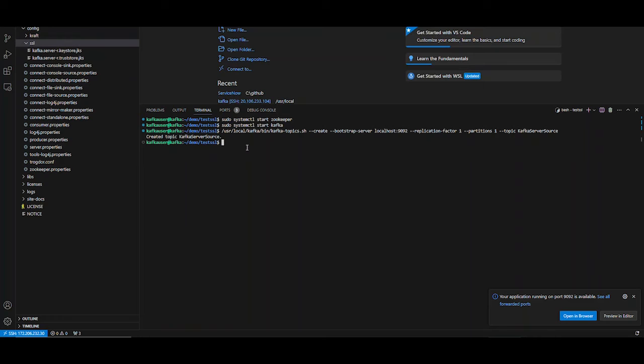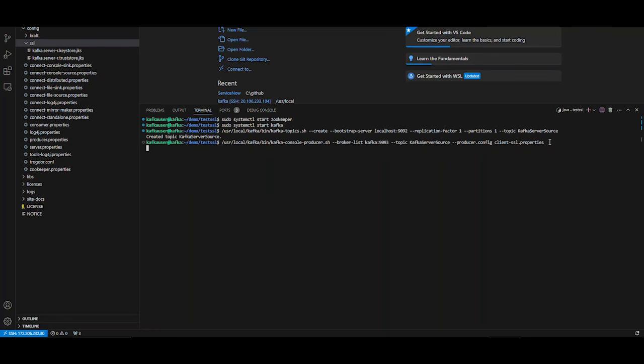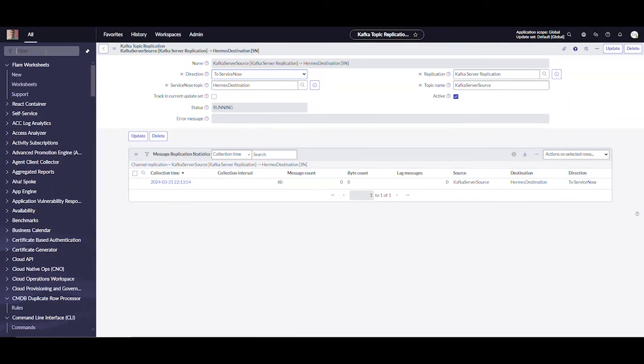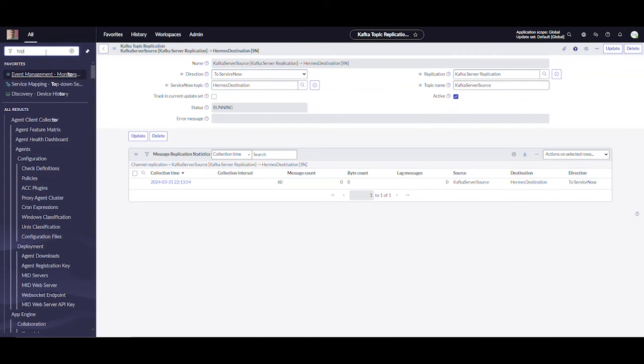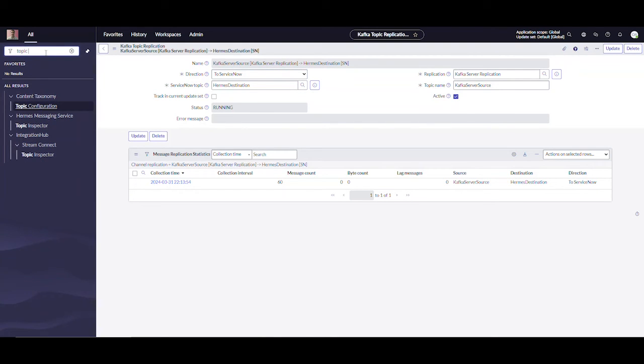Now let's go ahead and produce messages on the SSL port, and notice that we're using the Kafka Server source topic. We're going to type in a couple of messages, SSL1 and SSL2, which would be replicated by the mid server and sent to the destination. So at the topic,